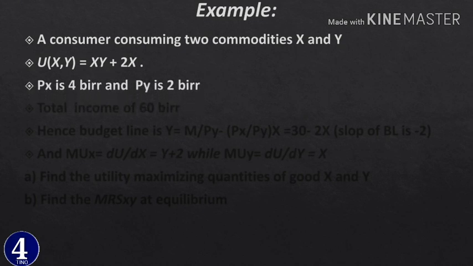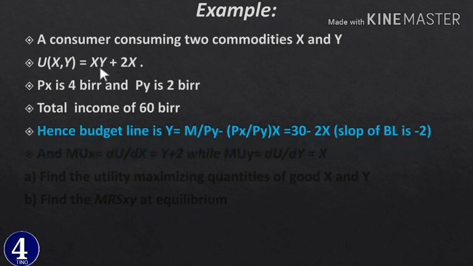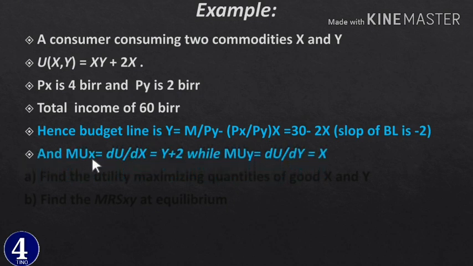ተብሎ ቶታል ኢንካሙ 60 የሆነ ኮንሱመር እና ይሄ በተሰጠን ኬዝ ላይ ምን ካልኩሌት ማድረግ እንችላለን? ኦኬ በጀት ላይንን ካልኩሌት ማድረግ እንችላለን። በጀት ላይን ማለት y is equal to ቅድም ካየነው የበጀት ላይን ፎርሙላ ላይ m divided by py minus px by py times x አድርገን we can get the formula for our budget line ማለት ነው። So ከዛስ we can also calculate marginal utility of x and also marginal utility of y ከዚህ ኢኩዌሽን ላይ